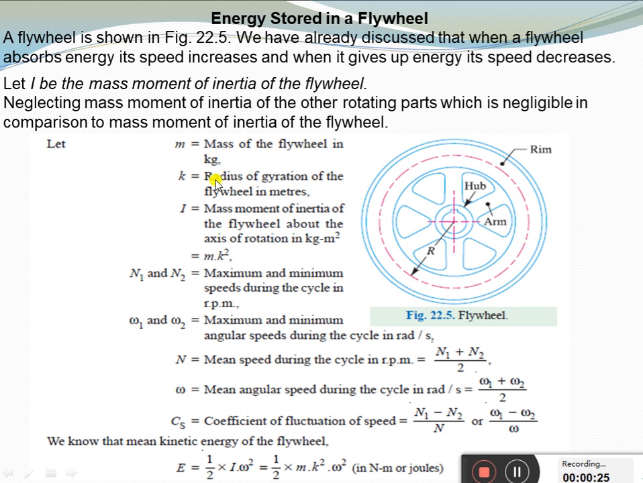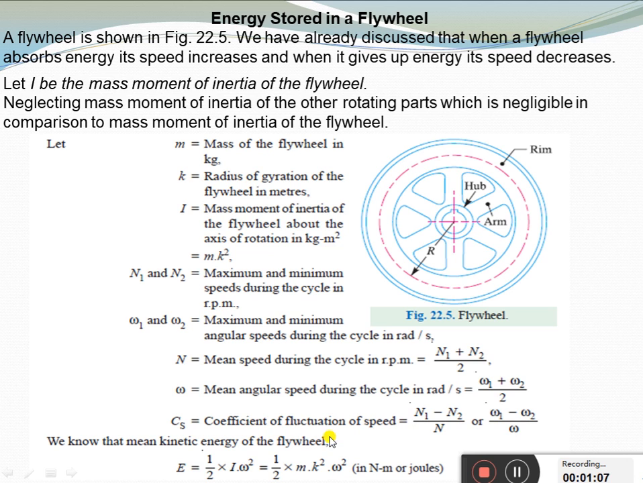Here m is the mass of the flywheel, k is the radius of gyration of the flywheel, I is the mass moment of inertia of the flywheel, which is equal to mk square. n1 and n2 are the maximum and minimum speed during the cycle in rpm, omega 1 and omega 2 are the maximum and minimum angular speed during the cycle in radian per second, and capital N is the mean speed during the cycle in rpm, n1 plus n2 divided by 2. Omega is the mean angular speed, omega 1 plus omega 2 divided by 2. Then Cs is the coefficient of fluctuation of speed, n1 minus n2 divided by N, or omega 1 minus omega 2